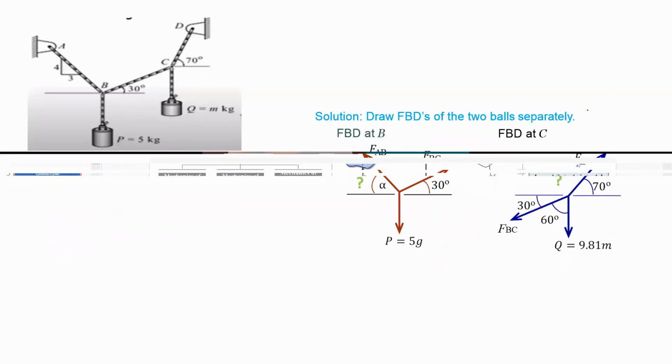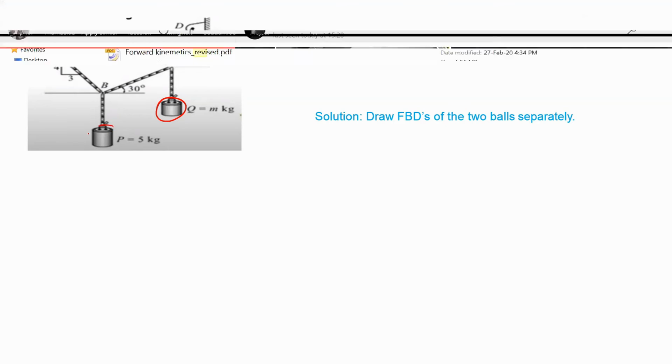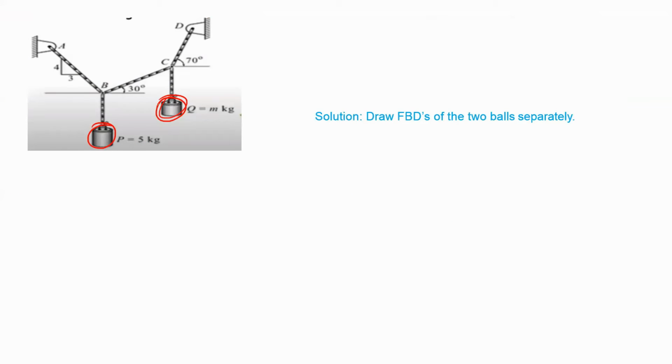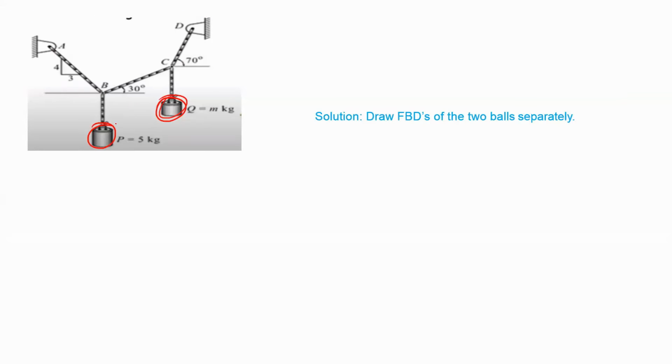Okay, let's take another problem and solve it. Here you can see again two point masses. In the equilibrium of points, all problems that I am solving here are subjected to point loads. Here you can see two point loads. One has a 5 kg weight force and the other has an m kg weight force, and they are in equilibrium because of these rope arrangements. AB, BC, CD are ropes, and these are other ropes.